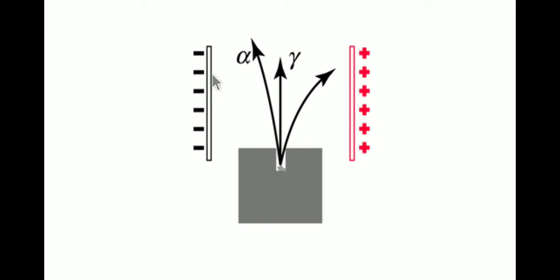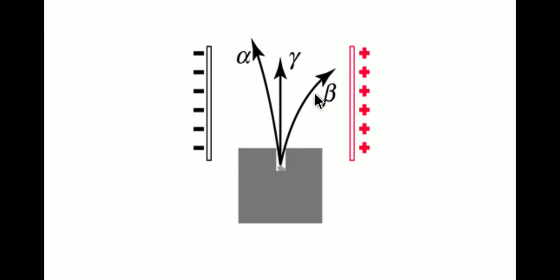Of the radio waves and particles emitted by the radioactive substance, some of the rays moved undeviated straight, some rays got deviated towards the negative plate and some rays got deviated towards the positive plate. Now the rays which moved directly without getting deviated were the gamma rays, and the rays which got deviated towards the negative plate were alpha rays, and similarly the rays which got deviated towards the positive plate were the beta rays.